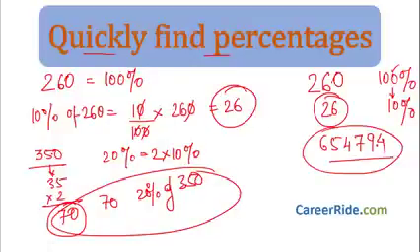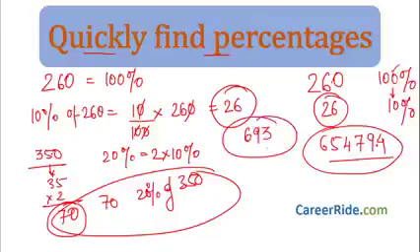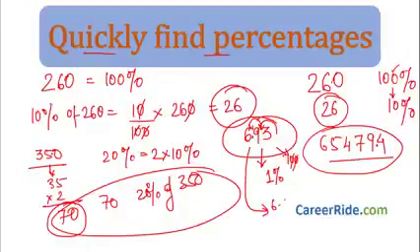Now again, let's take another example, 693. Find out 1% of this. This is 100%. We want 1%. That is, there are 2 zeros less from the right hand side. So put in 2 decimal places. First decimal place, second decimal place. Put it over here. So 6.93 is 1% of 693. See, you found out 1%, 10%, 20%. Let's move on to a little bit more difficult value.